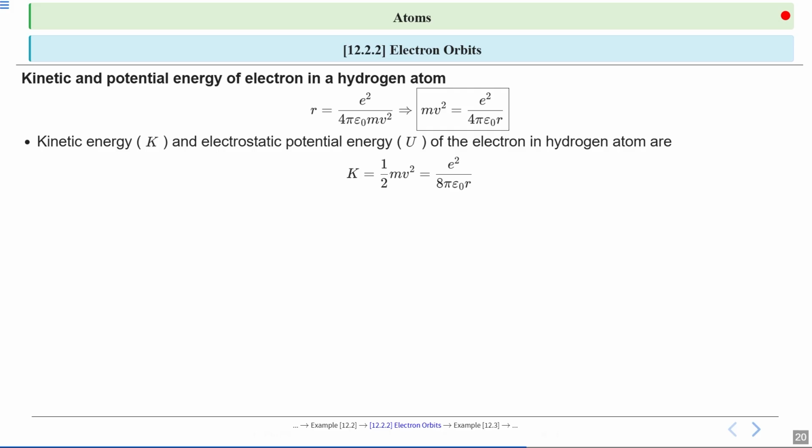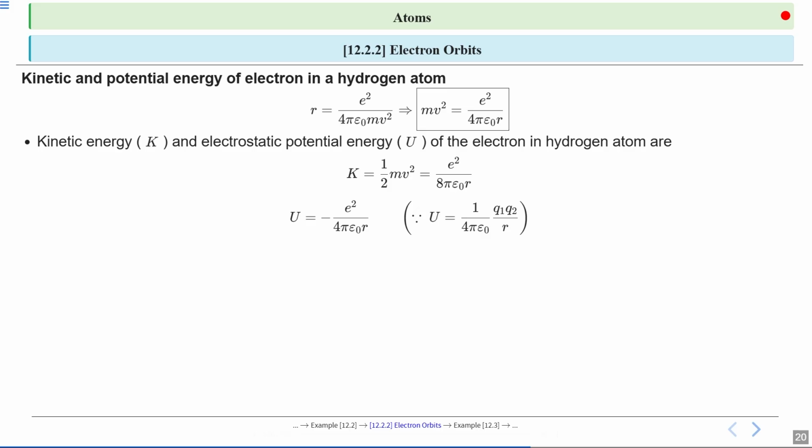Okay, so here we have the formula for kinetic energy, K equals half m v squared. We have found the value of m v square, so now put this value in the expression of kinetic energy. This means the kinetic energy depends on the electron's distance from the nucleus. So kinetic energy becomes e square upon 8 pi epsilon naught r. So kinetic energy depends on the electron's distance from the nucleus, or we can say the radius of orbit. For example, if r is 5.3 times 10 to the power minus 11 meters, which is the Bohr radius, you can plug in the values to find the kinetic energy in joules.